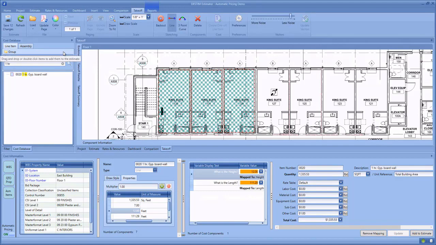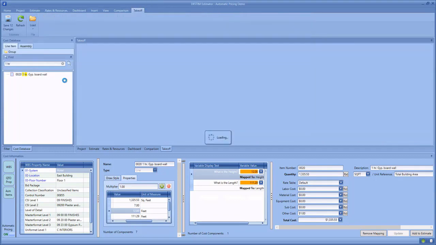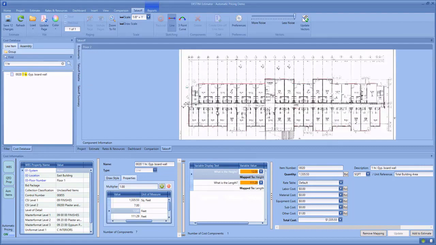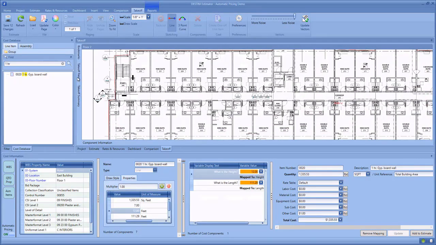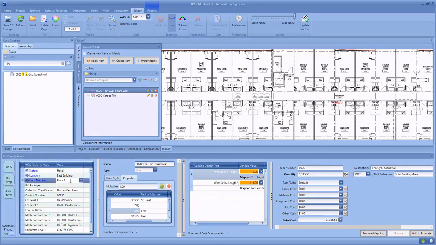Now let's say I complete this work and I'm ready to move to a different section of the job, so maybe I load up our second floor. Alright. From here, I now have the ability, since I've already been working with my carpet tile on my wall or any other thing that we may have taken off in the project, I can simply select that object, and I can also say, hey, I'm now going to be working in the second floor, so I'm going to change my